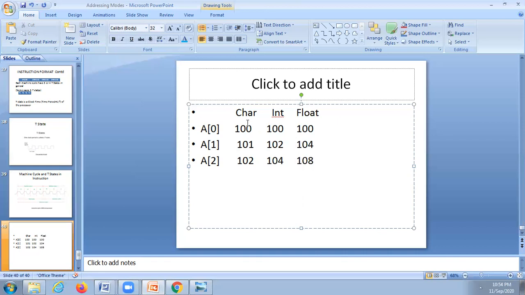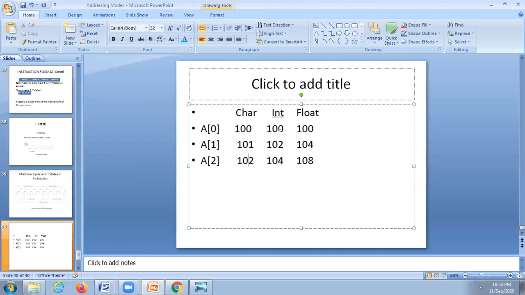So based on the operand, whatever the register RI contains is the address of the operand. Based on the operand size, the contents of RI, that is the address, will be incremented. In the case of character, it is 100, 101, 102.